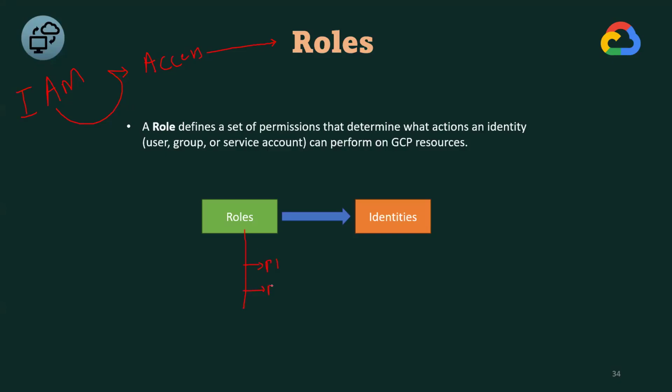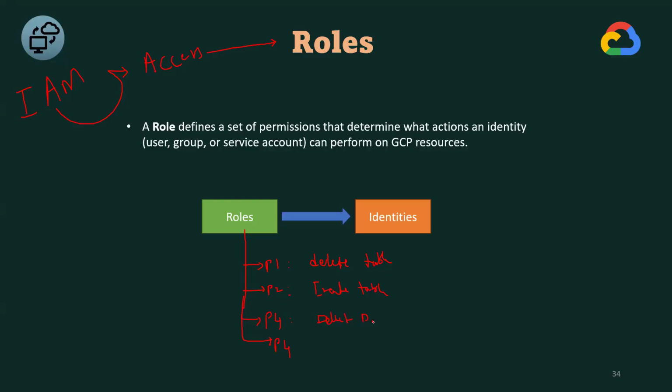Permission 1, permission 2, permission 3, so any number of permissions. Okay, so what is meant by a permission? A permission says you can do this action. For example, sir, I wanted to delete some data set. So that is one action, and someone has to provide the permission to do that action. The permission says you can delete a table. Permission says you can create a table. Permission says you can